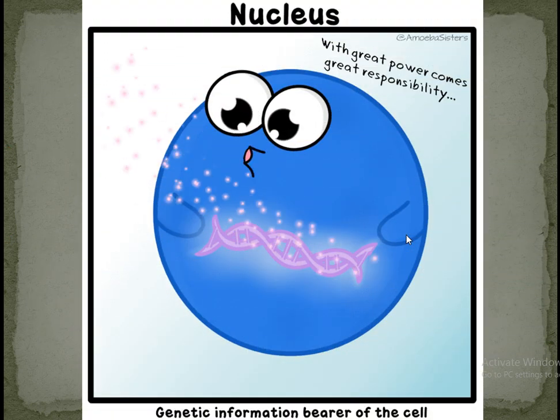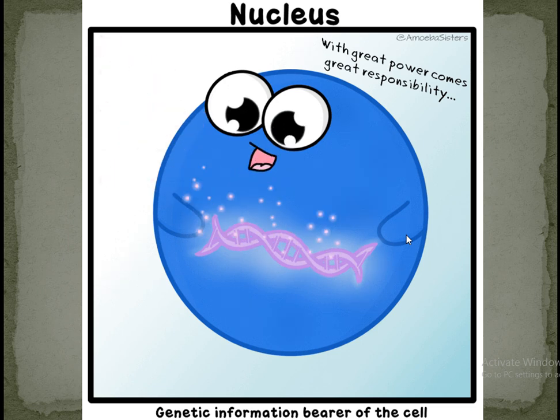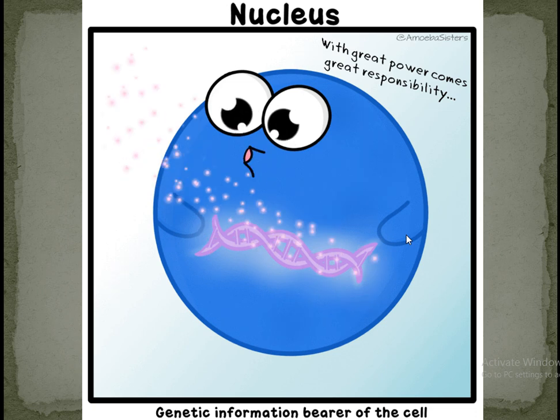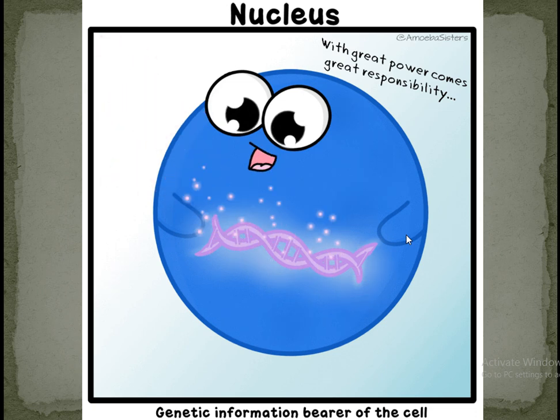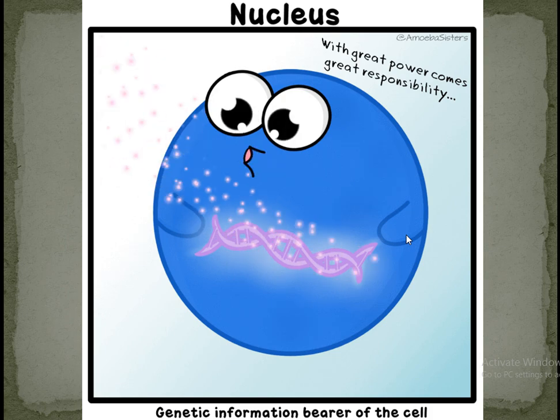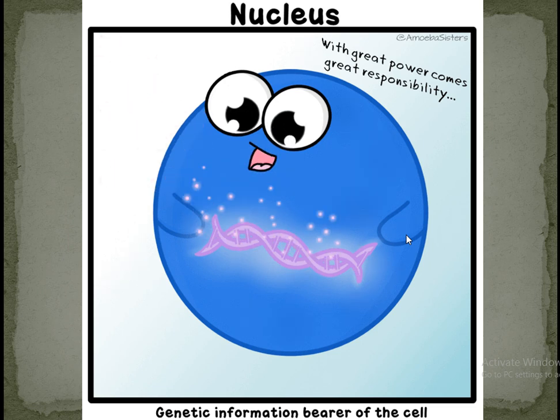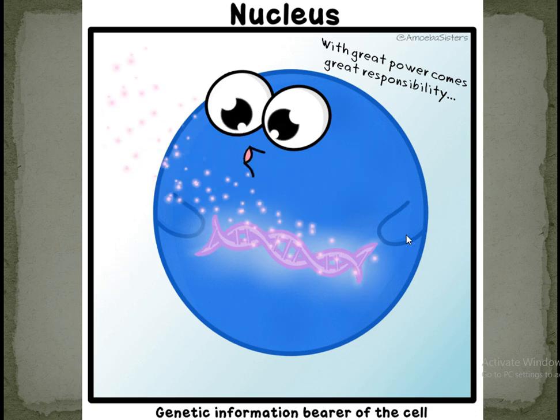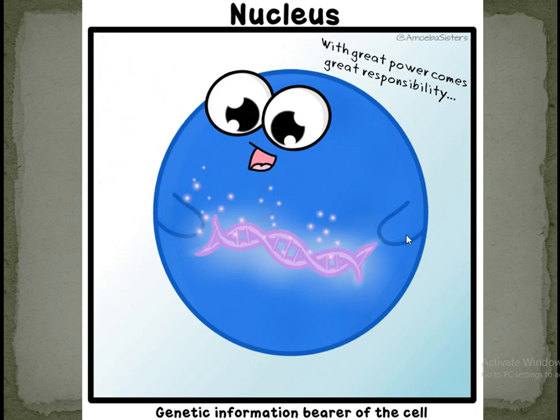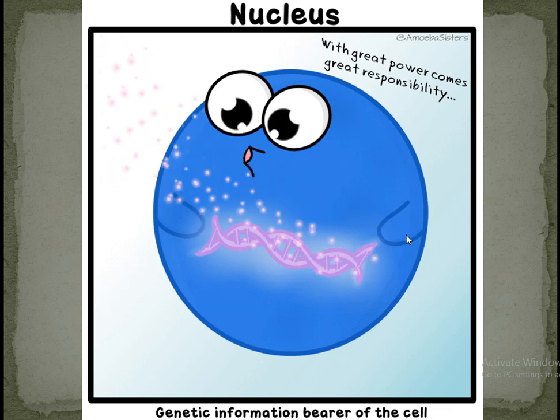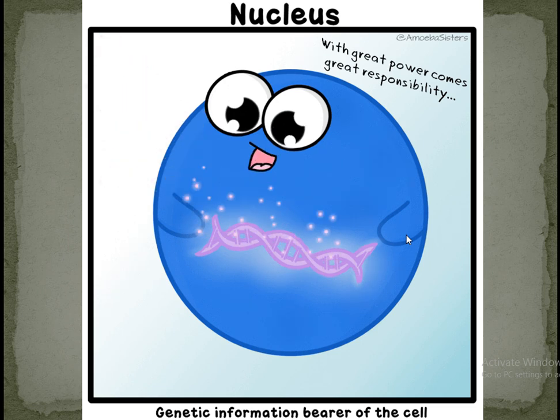From this animation, you can see the functioning of the nucleus. The DNA, which is the hereditary part of the cell, is present inside the nucleus. Different types of proteins are synthesized, and these orders come from the DNA, which is present inside the nucleus. So it is overall controlling the cellular activities.